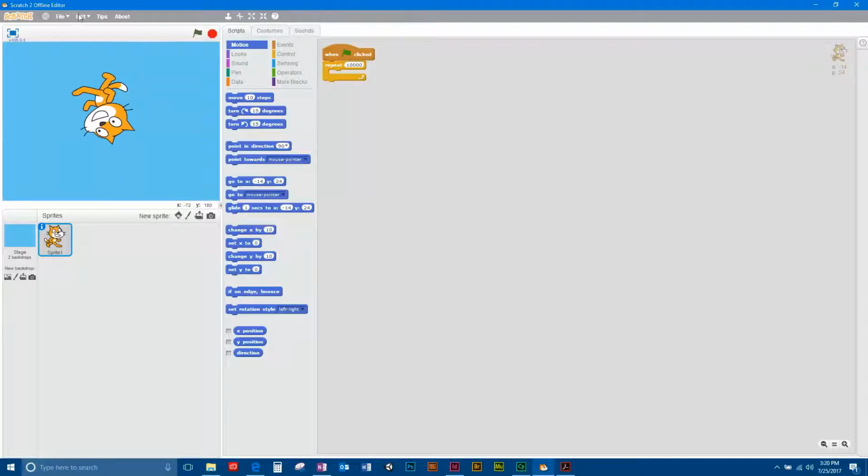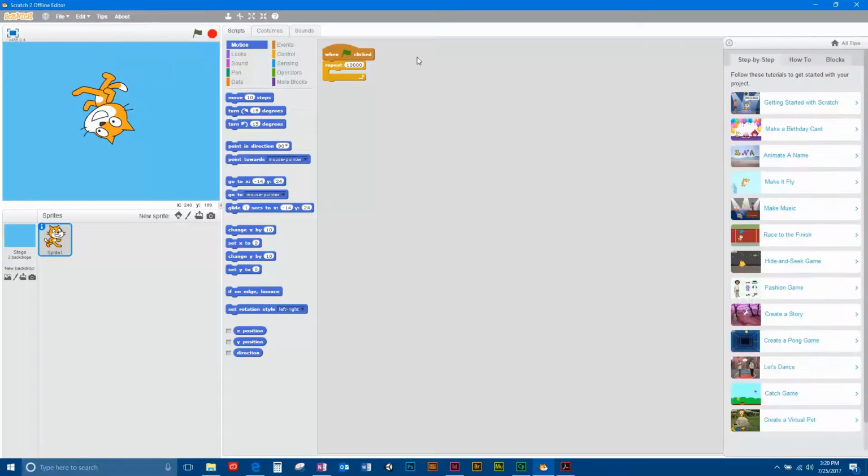Also, let's see, turbo mode. This makes your program run at an accelerated rate. We won't use this too much, but if you have a program that's pretty complex, especially if you're trying to render 3D type graphics like some old Castle Wolfenstein and 3D type game, you might want to switch over to turbo mode. Tips, this takes you to these little training units that Scratch software is provided for you from MIT,